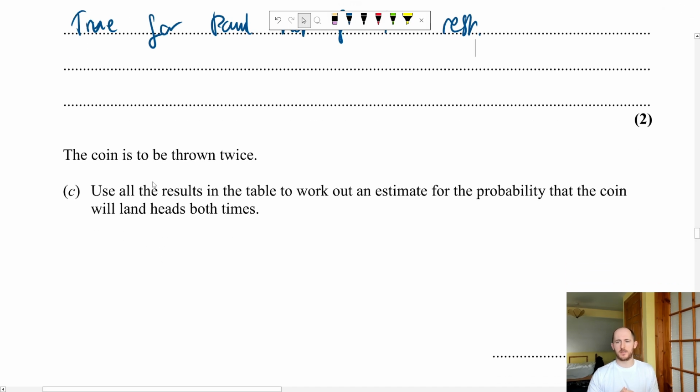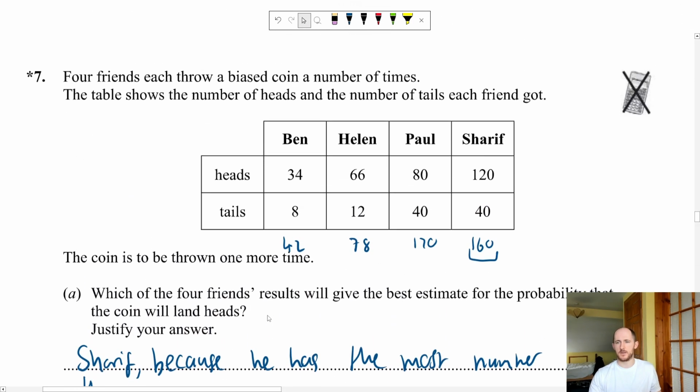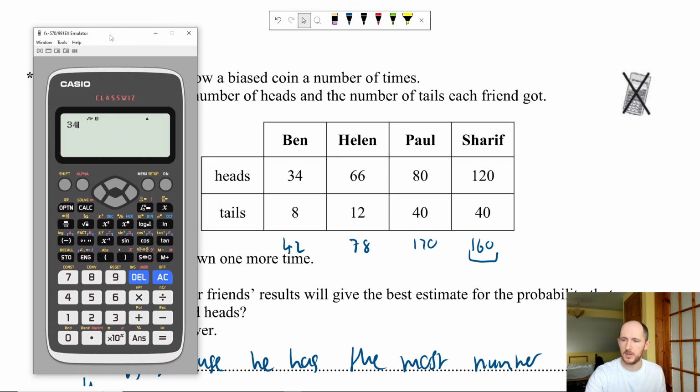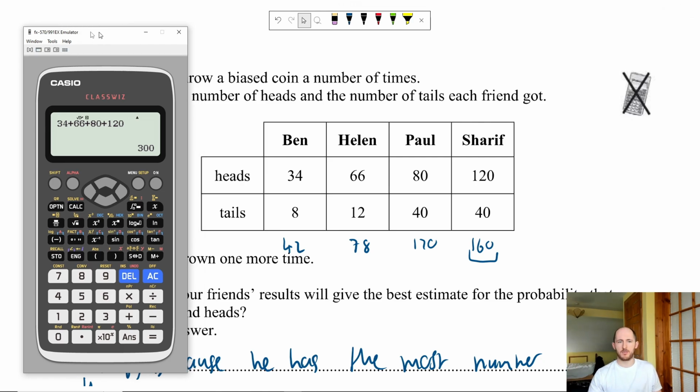And lastly, the coin is to be thrown twice. Use all the results in the table to work out an estimate for the probability that the coin will land heads both times. So how would you do that? You'd find the probability of getting one head, and you times it by the probability of getting heads again. So it says use all of the results. So what we're going to do is we're going to add up all of the heads. So using our good old-fashioned calculator, we have 34 plus 66 plus 80 plus 120, because remember, it's the number of heads over the total number of throws. So that's 300